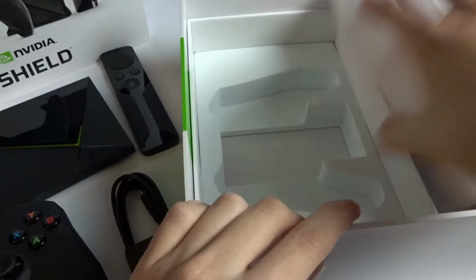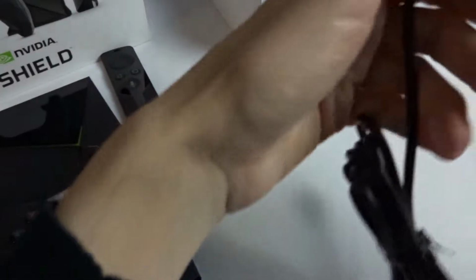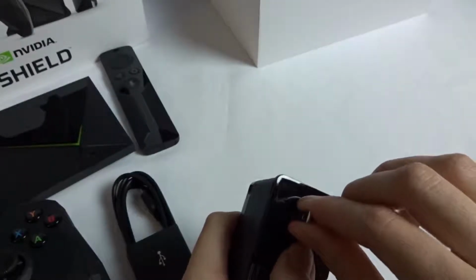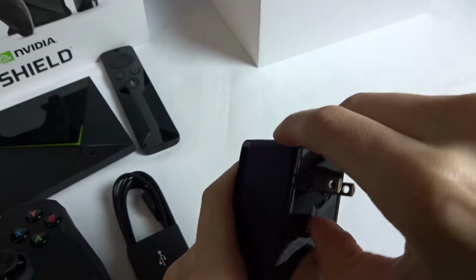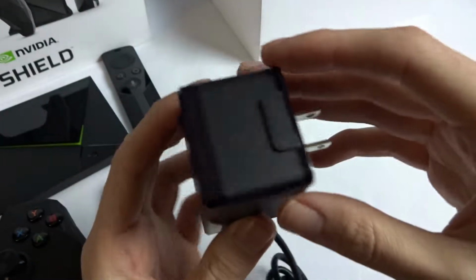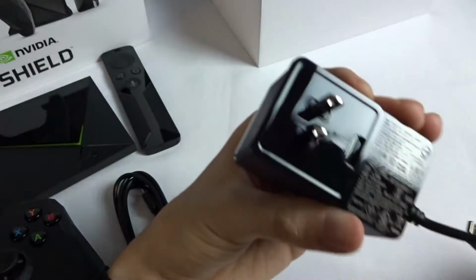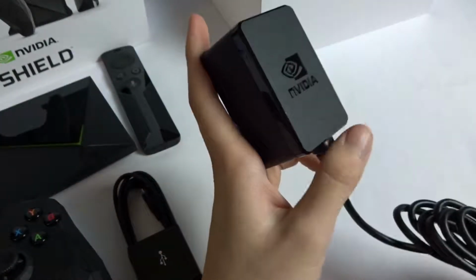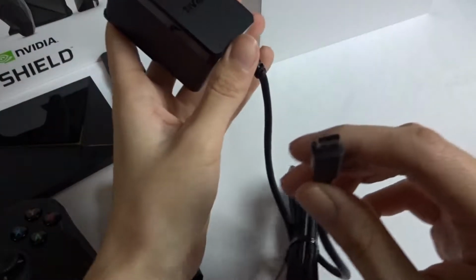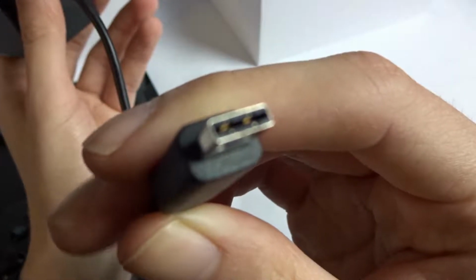Then we open this little flap here to get the AC power cord. And then looks like this is changeable. Yeah, you could remove this somehow. You just press that and you remove it. I guess you could change it with other, like European or other types of power plugs. So yeah, I heard this was USB Type-C, but it's not. It's the regular proprietary